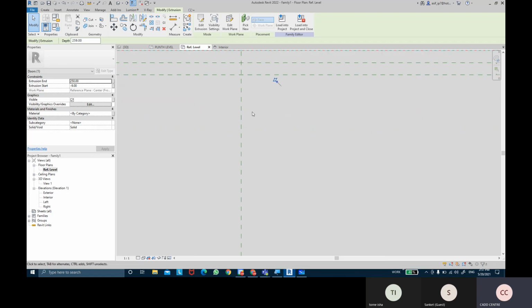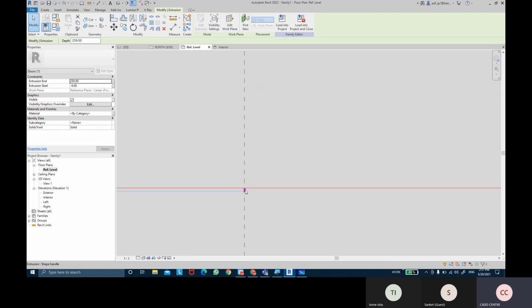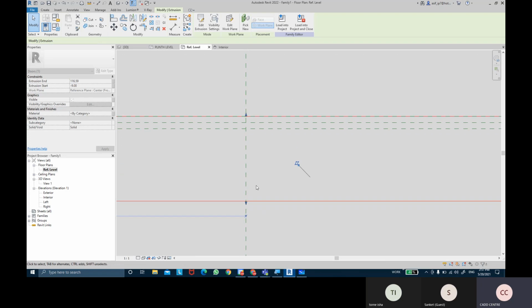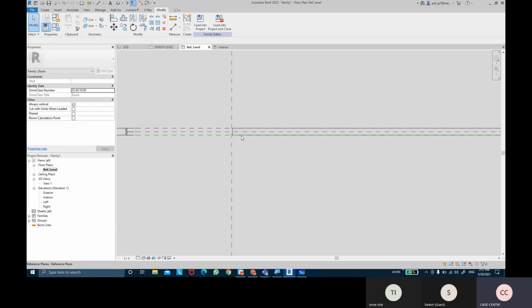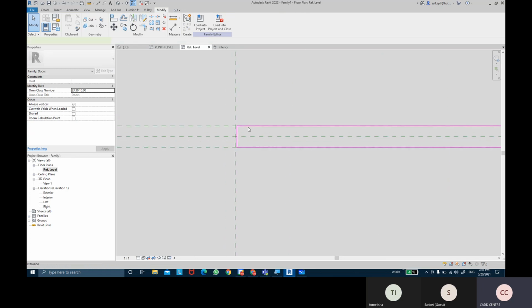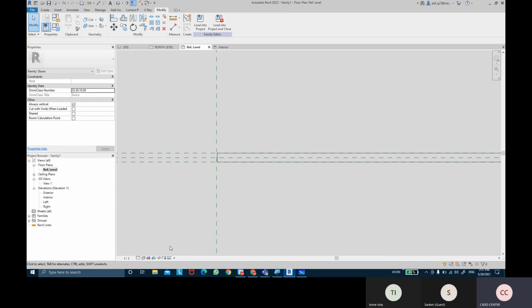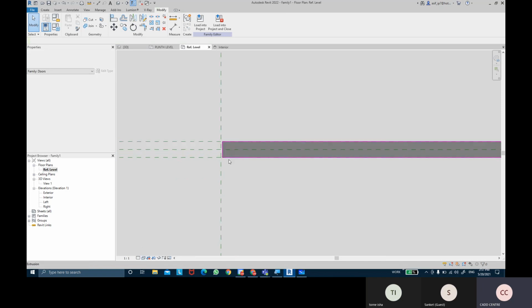So that's one side locked. The other one is still going out. So I'm going to drag this all the way in and lock it to that plane. So now it fits to the thickness plane. It comes with the thickness now. You can switch this mode to constraint color once again.